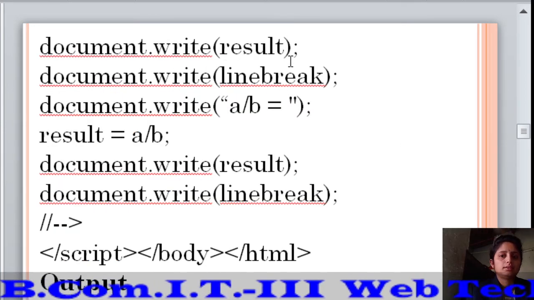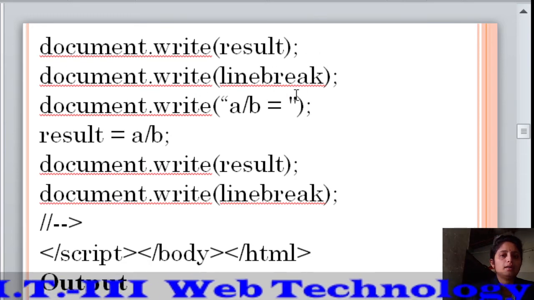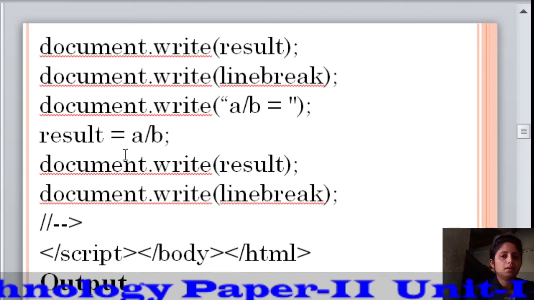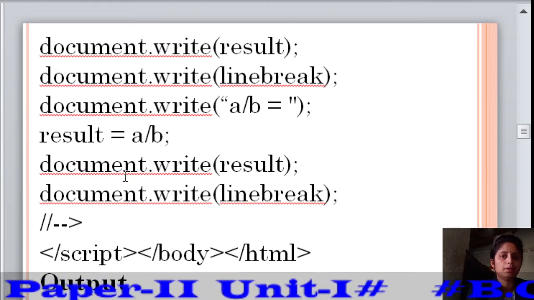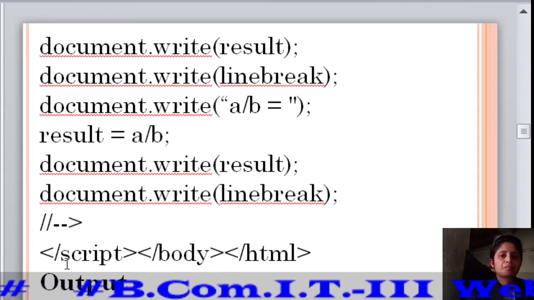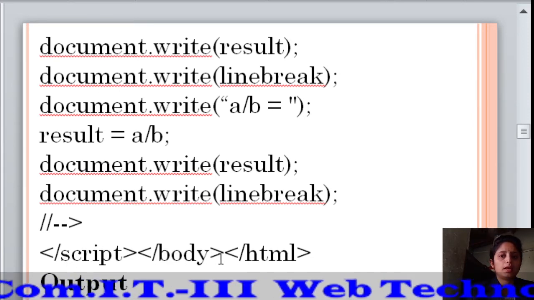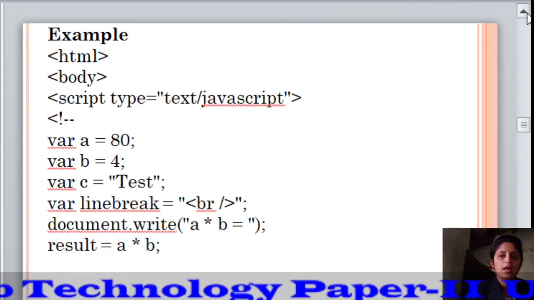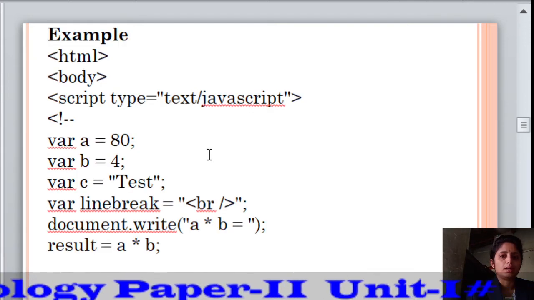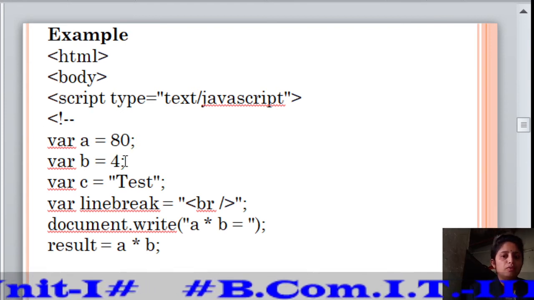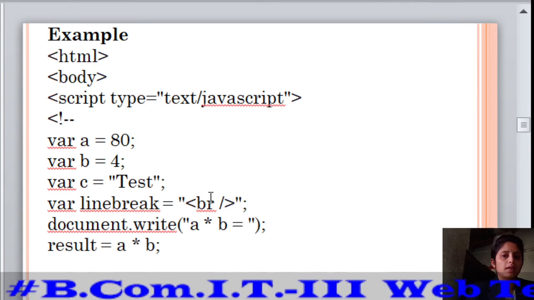Document.write(result); document.write line break; document.write a divided by b, result is equal to a divided by b, document.write(result), document.write line break. End of the script, end of the body and end of the HTML. In this program I used the multiplication and division operator. Variable a holds the value 80, variable b holds the value 4, variable line break holds the break tag, and